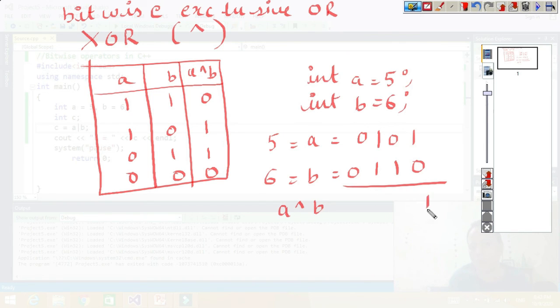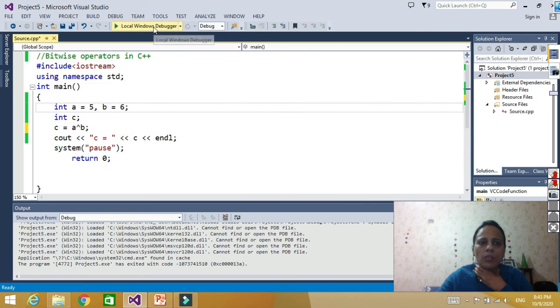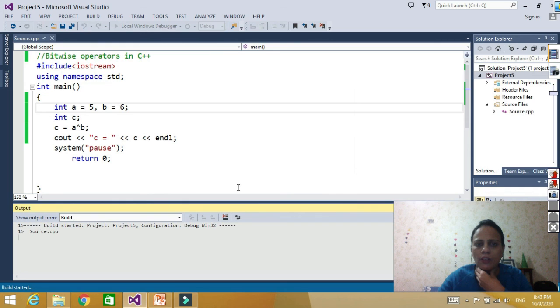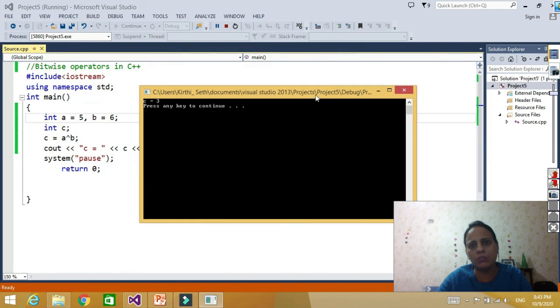The result is 0 0 1 1, and this is equivalent to 3. So our answer should be 3. Let's check it on Visual Studio. I only have to change the operator to XOR, and the answer should be 3. C is equal to 3.